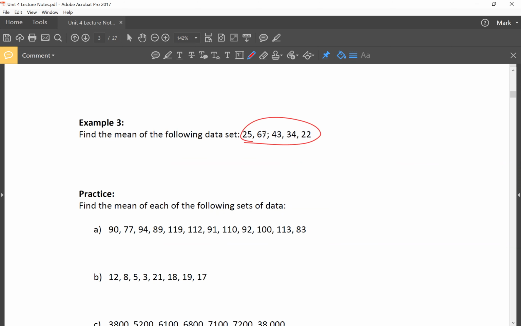Like for this, my number can't be bigger than 67 and it can't be lower than 22. So the mean here,